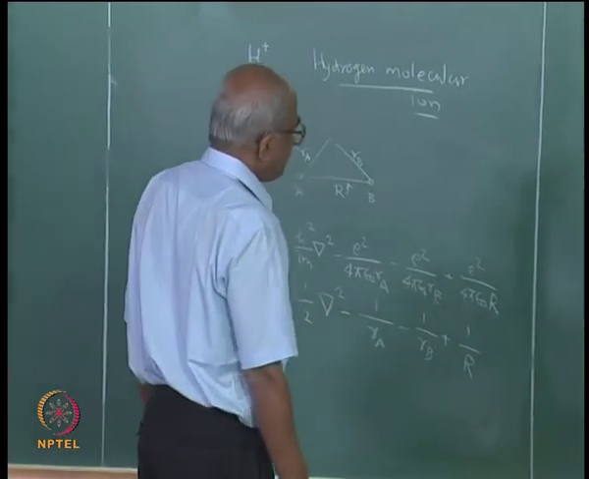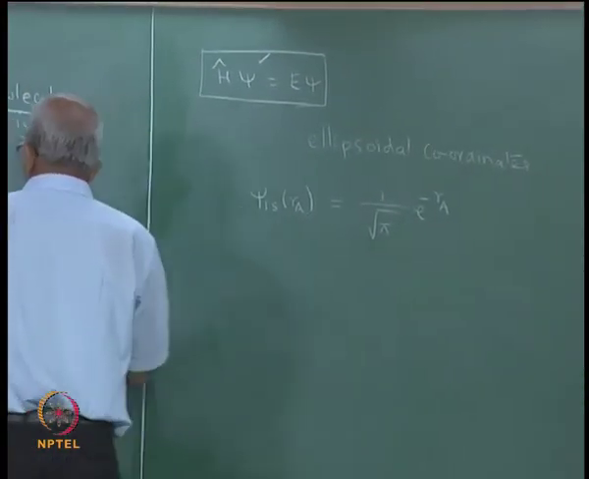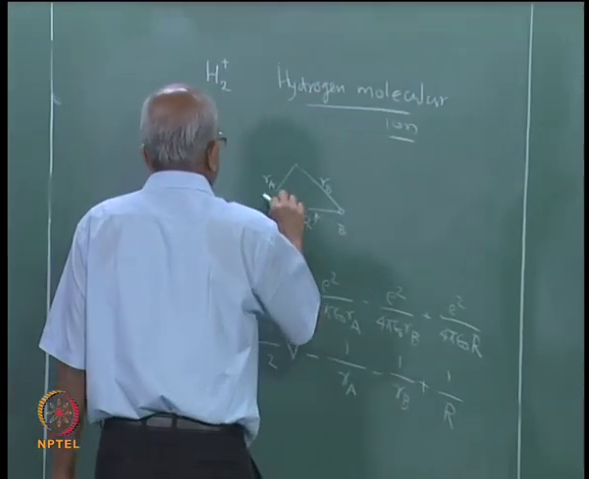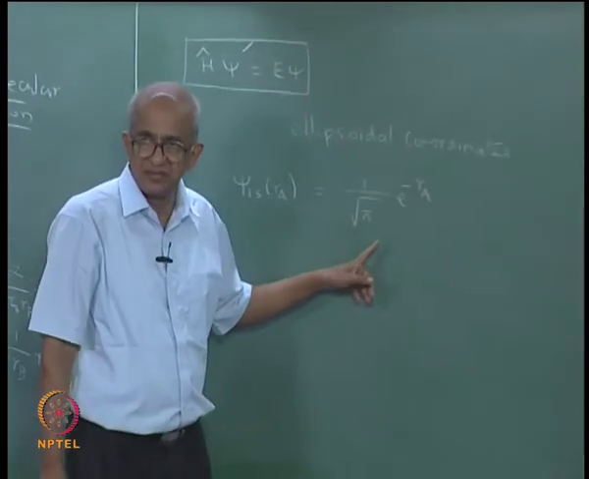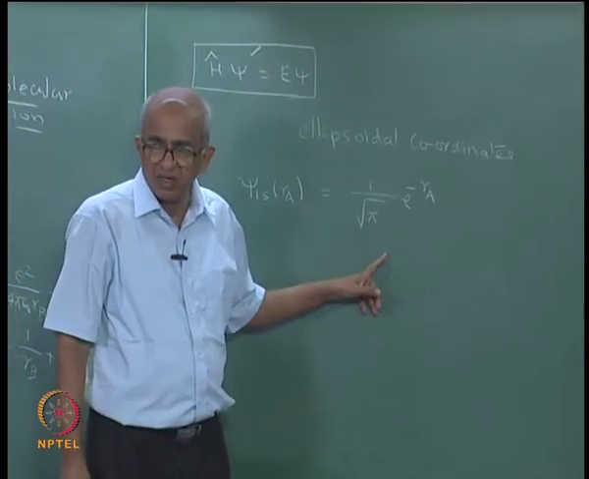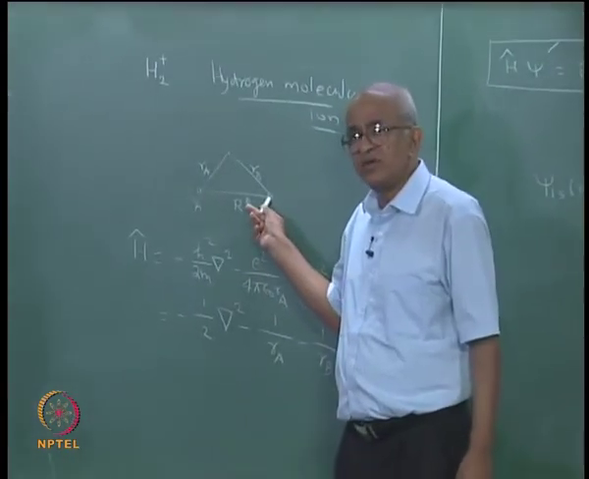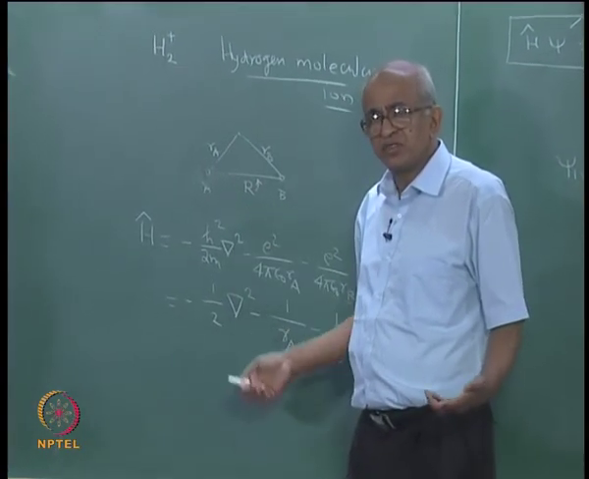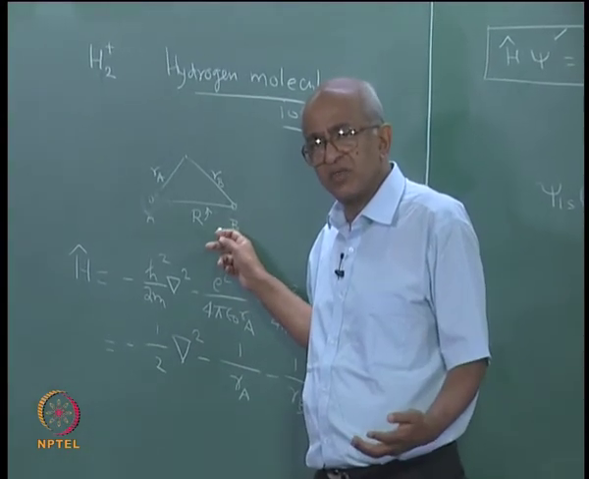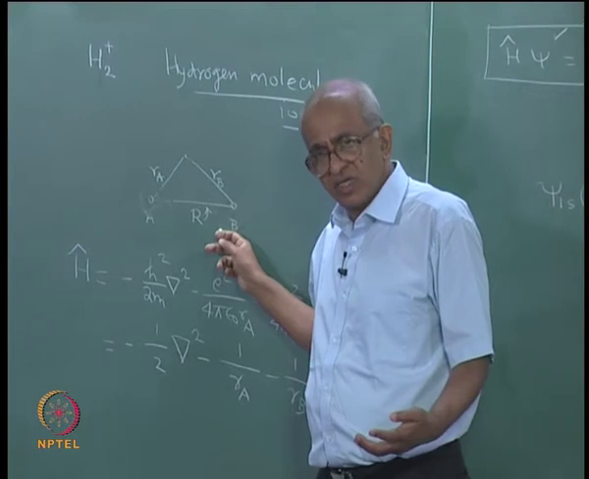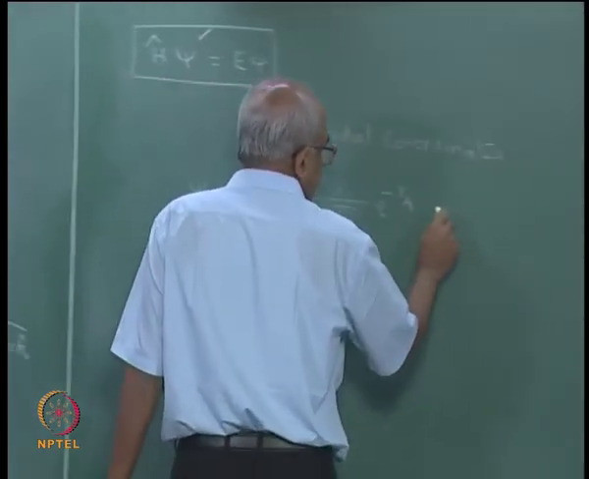So, I know that if the electron is in the vicinity of this, the wave function should resemble this function, and I can reverse the argument. Suppose the electron is near this nucleus, what should happen? It should resemble an atomic orbital, a 1s atomic orbital which is centered on that nucleus, and therefore, this is actually near the nucleus A, this one,